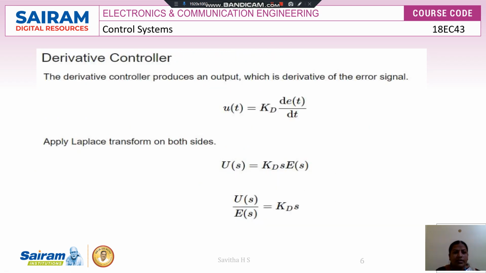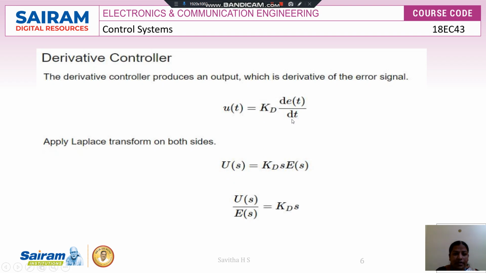Now we'll see what is the derivative controller. The derivative controller produces an output which is the derivative of the error signal, that is d by dt of e(t). So here we write the expression as u(t) is equal to Kd de(t) by dt. By taking the Laplace transform, u(t) will be U(s) and the constant Kd we write as such, and here d by dt